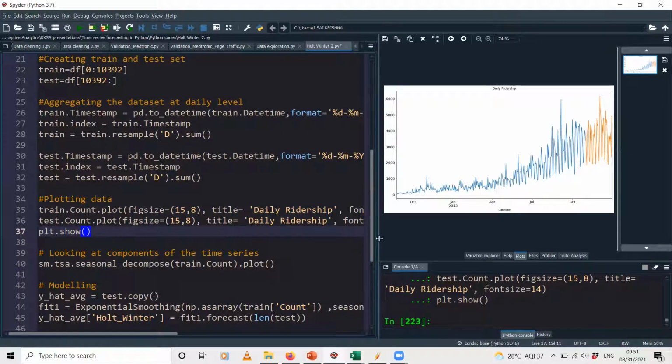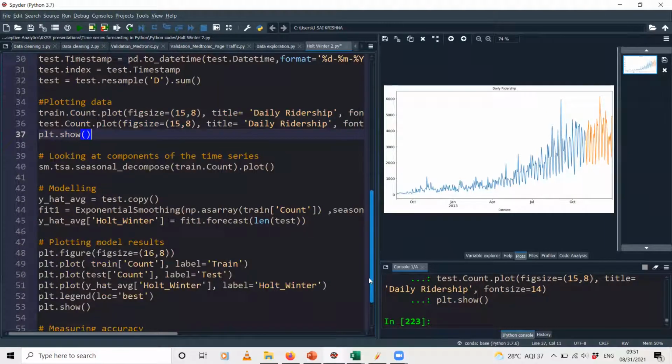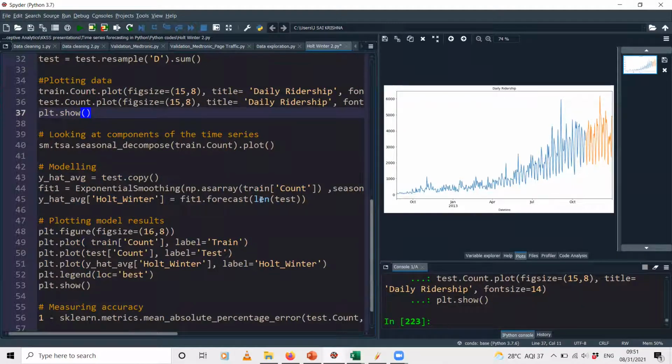Okay, so these are the initial steps that you perform on the data. Now let us get to the second half of the code, which is where you actually get into the time series part of the code. One descriptive step that you follow here is you decompose or split the series into the different structural components. For that we use this command.